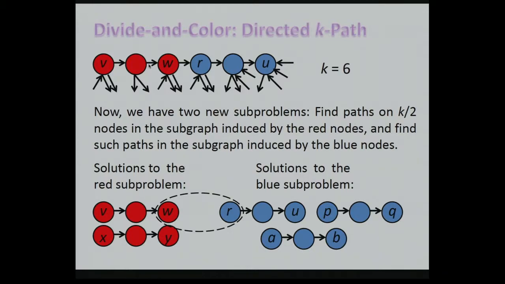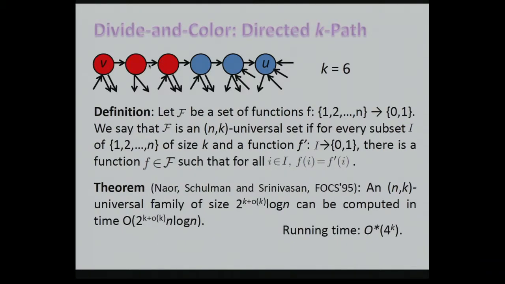Okay, so now let's see how we get the coloring that we want. So we need this definition. We say that a family of functions from 1 to n to 0, 1 is an n,k universal set if for every subset of indices I of size k and a corresponding function f prime, there is a function in F that on I agrees with f prime. Okay, so this is exactly what we need, because we give to each node an index, and we know that we will examine a function here